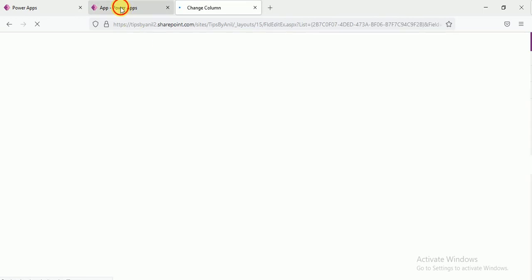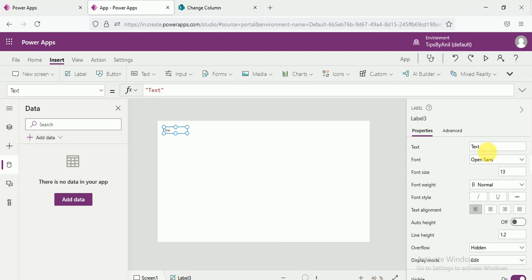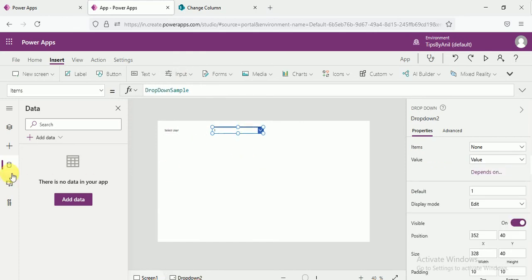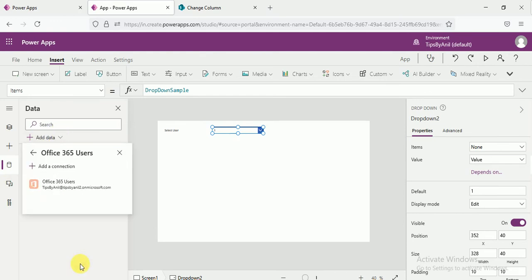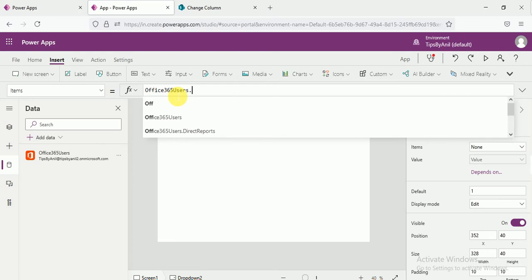Now this is the Power Apps screen. Here I will take a label, and this is select user. Now I will take one drop down. In this drop down I will create a connection. That connection will be Office 365 users. Office 365 users dot